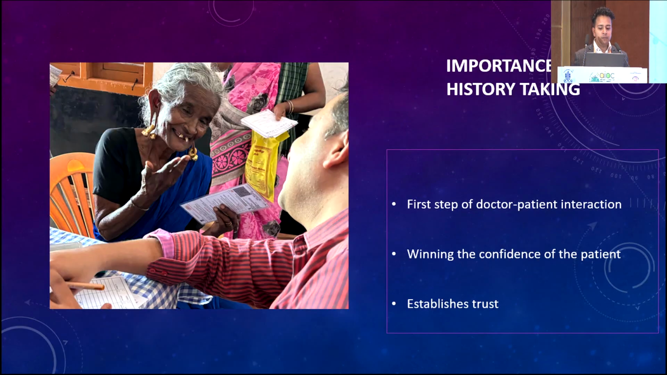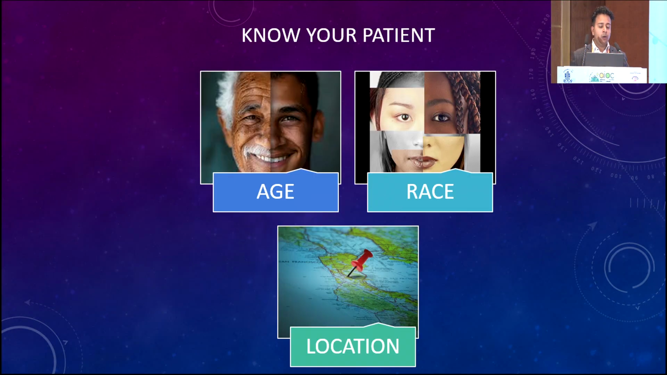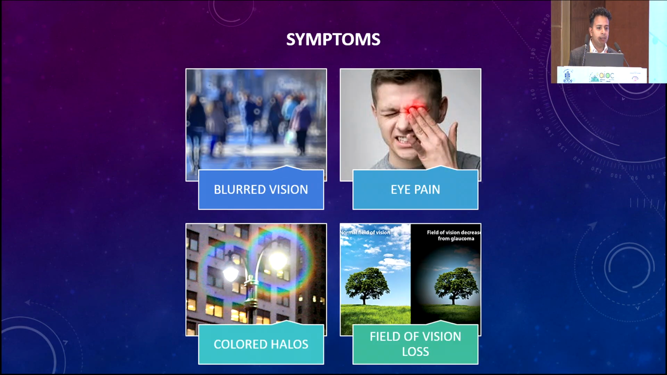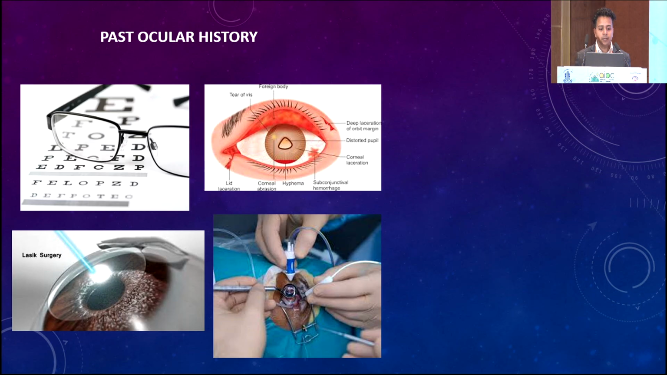So what is the importance of history? It is the first step of doctor-patient interaction, and the aim is to win the confidence of the patient and develop a rapport. So we should know about the patient's age, the ethnicity, the location where he comes from. Then we have to ask the duration and severity, and what are the symptoms of blurred vision, eye pain, colored halos, field of vision. But yes, we cannot forget the fact that primary open-angle glaucoma is a silent thief of vision. Ask the past ocular history of what is the refractive correction of the patient, whether he had any trauma,